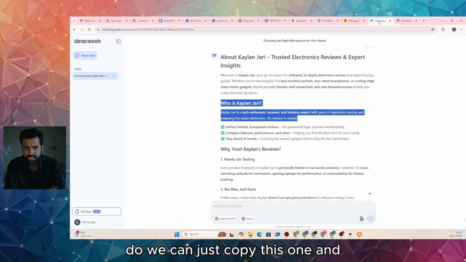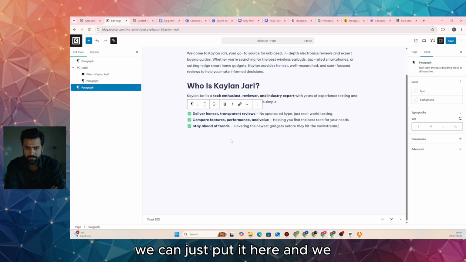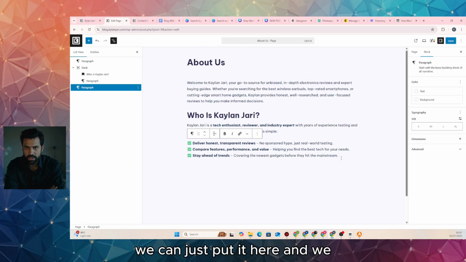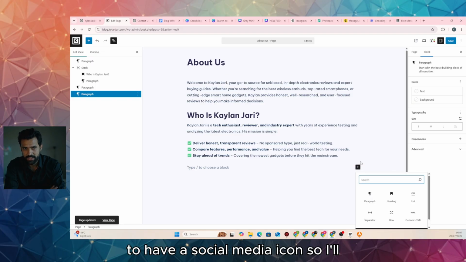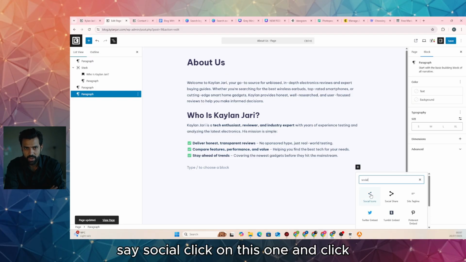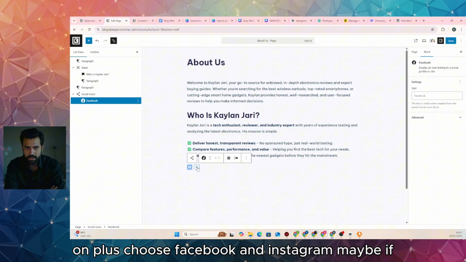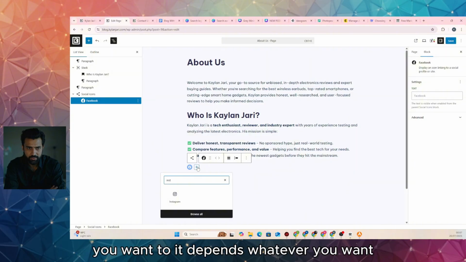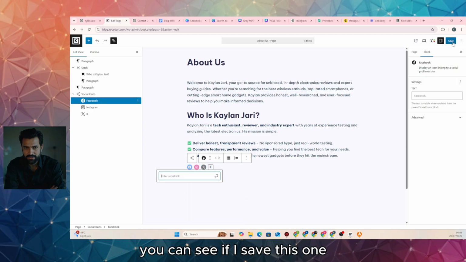Now what we can do, we can just copy this one, and we can just put it here, and we save this one. And let's say we want to have a social media icon, so I'll say social, click on this one and click on plus, choose Facebook and Instagram, maybe, if you want to. It depends, whatever you want. And then we have X. So now, as you can see, if I save this one,